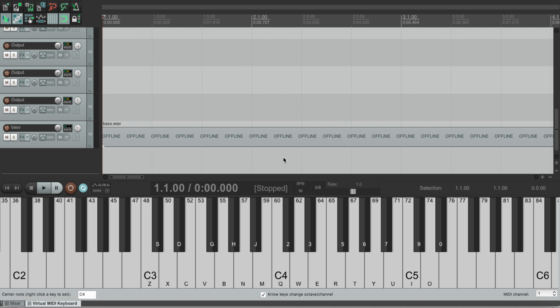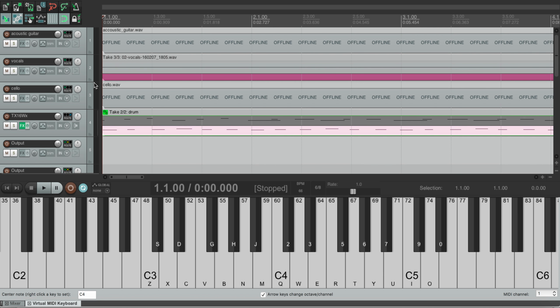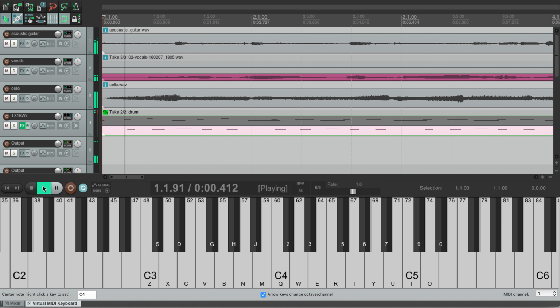My lesson this week is on the subject of parallel effects, which we use when we want to apply the same effect to multiple tracks. And perhaps the best example of this is when we're applying reverb. As you'll see, I've got a few tracks here which I recorded earlier, and if I listen to them without any effects on at all,